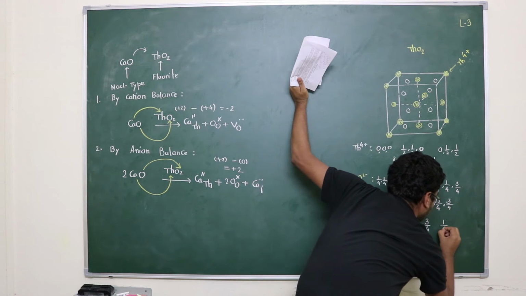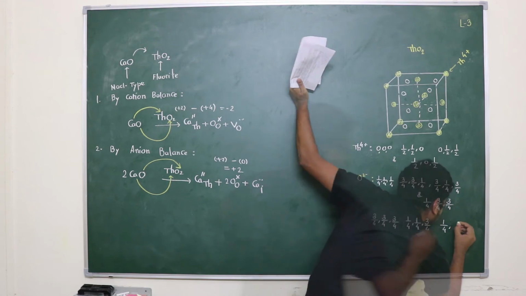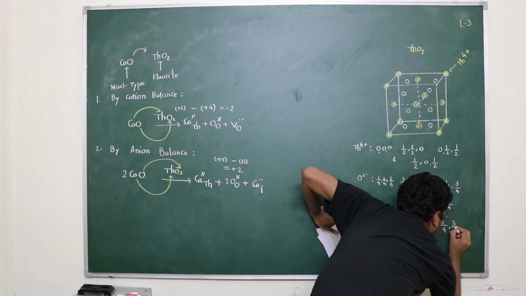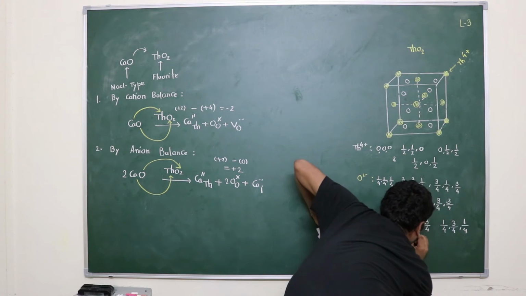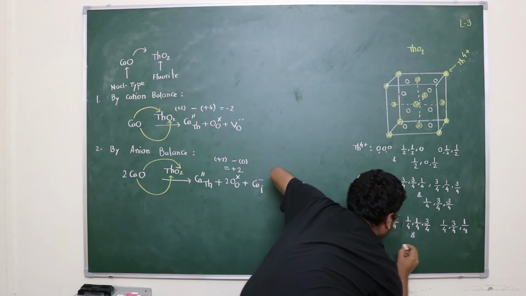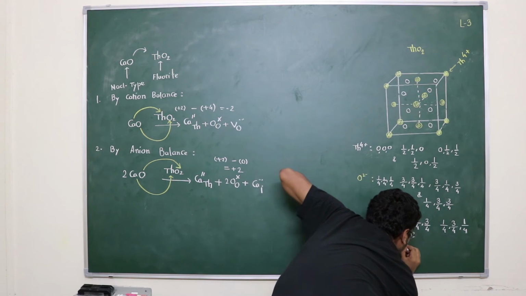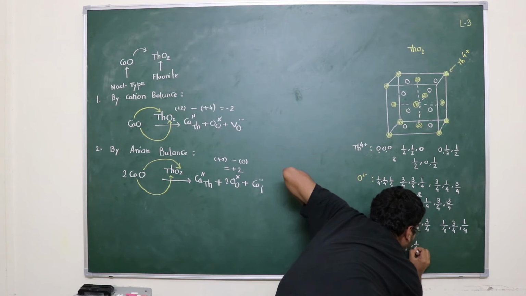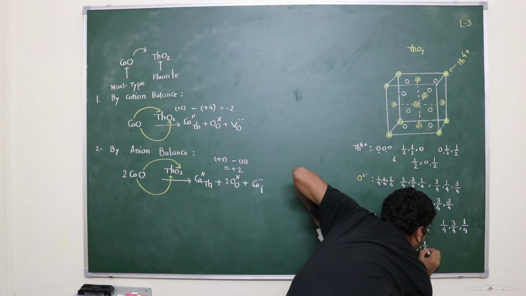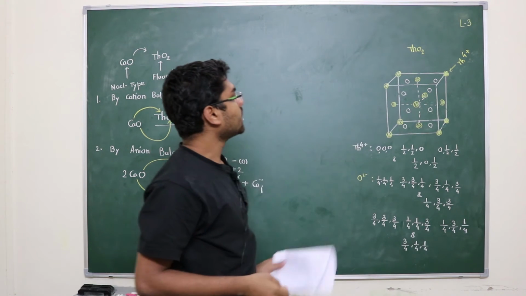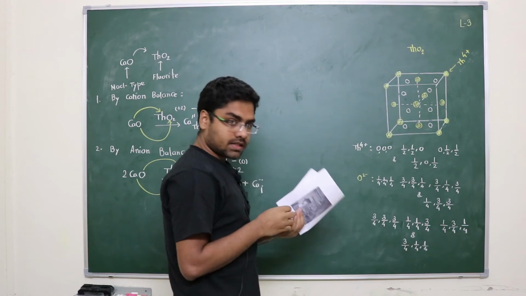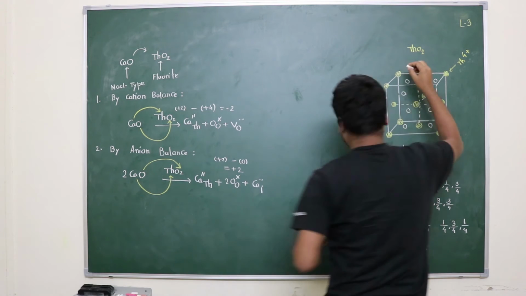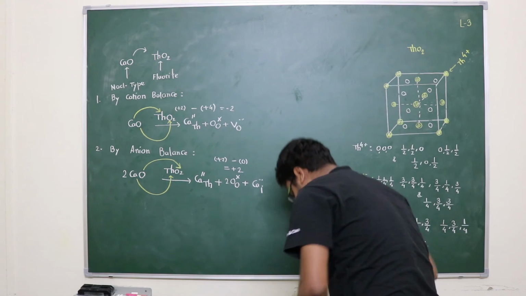So 1/4, 3/4, 1/4 and 3/4, 1/4, 1/4. So this is the crystal structure of ThO2, fluorite type crystal structure, and in